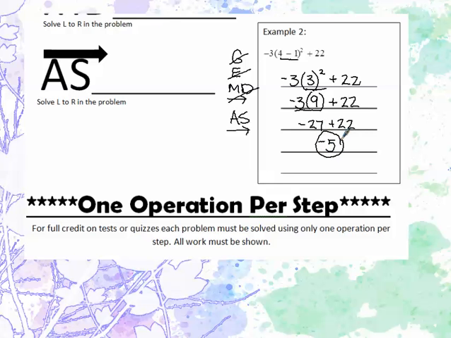And always remember to circle your answer so that it doesn't get lost. Please remember that you perform one operation per step. If you start doing a whole bunch of operations in one step, you're more likely to make a mistake. Okay, on your tests and on your quizzes, you're going to have to show your work so that I can see where you are in solving the